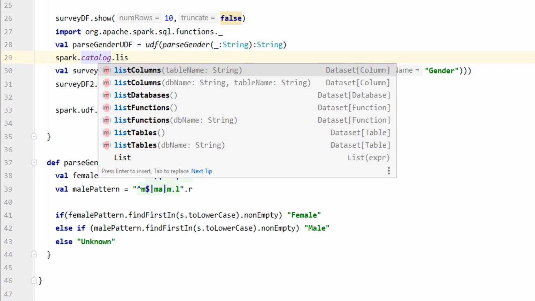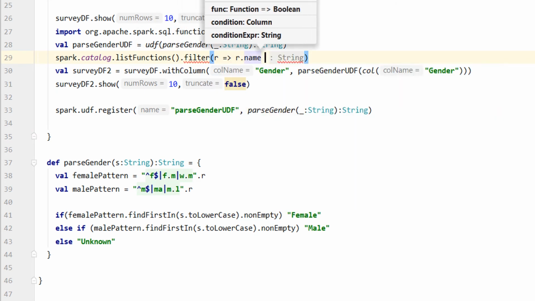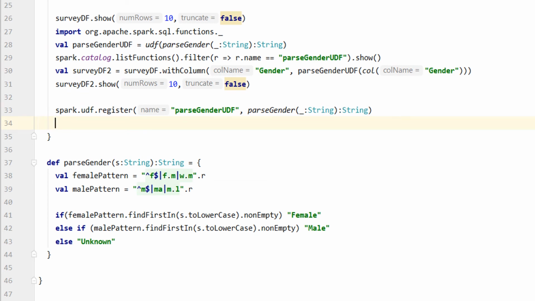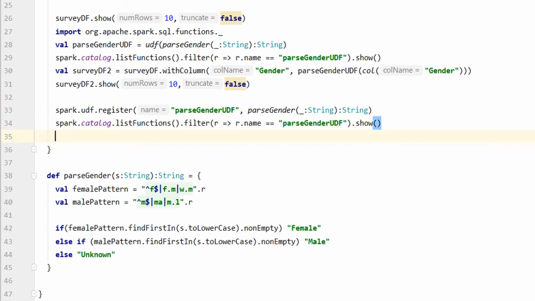Let me query the catalog after the first kind of registration and once again after the second kind of registration. If you want to use your function in a data frame column object expression, then you must register it like this. But if you want to use your function in a SQL expression, then you must register it like this.